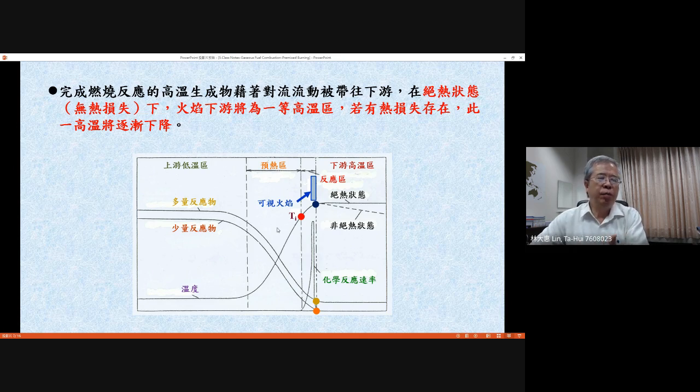And those intermediate species will push into the reaction zone to react with oxygen and complete their oxidation combustion process. In this sense, the deficient reactant should be completely consumed in the reaction zone and reach the zero point, completely diminished at